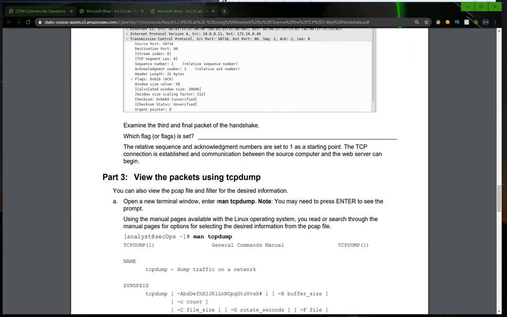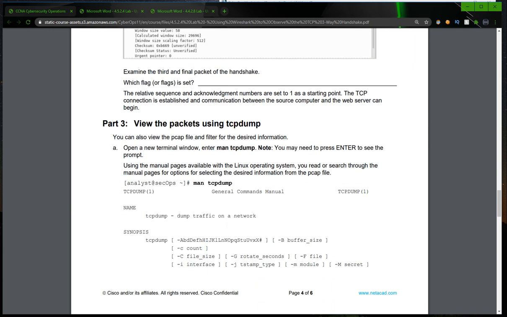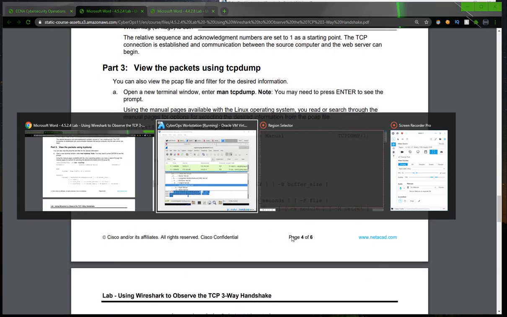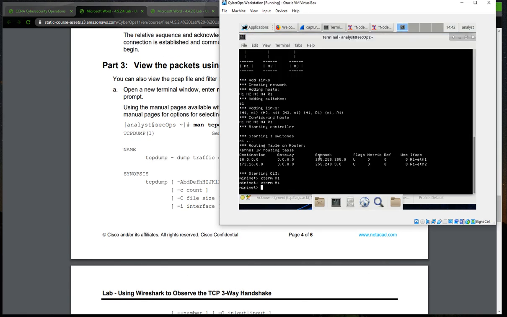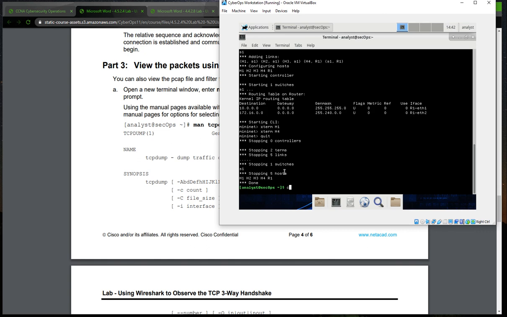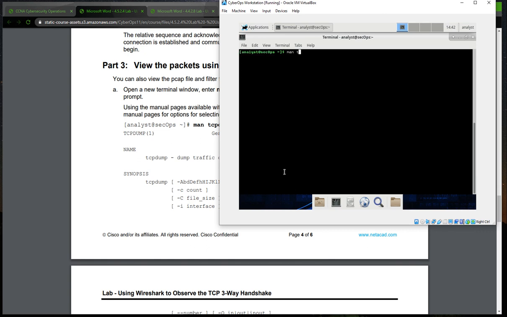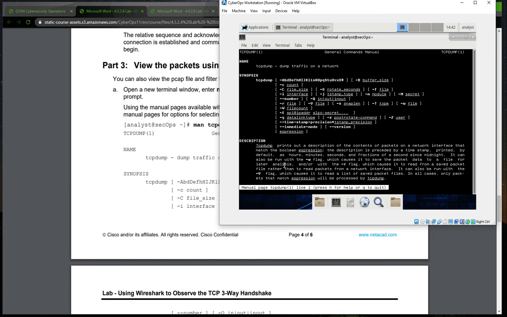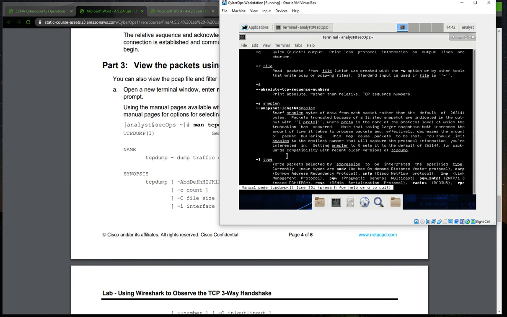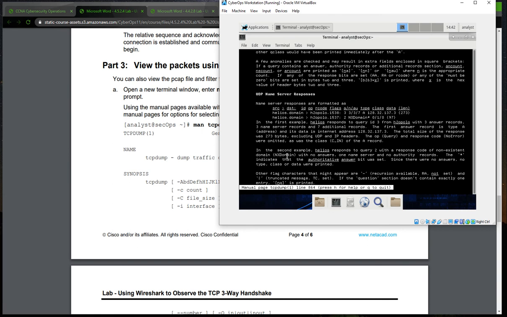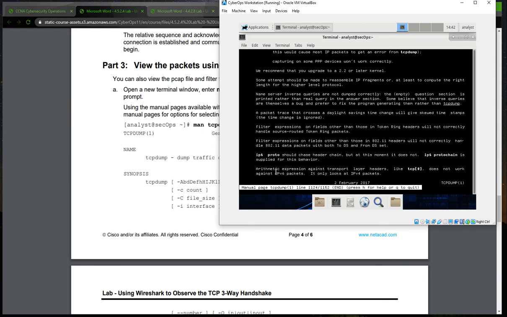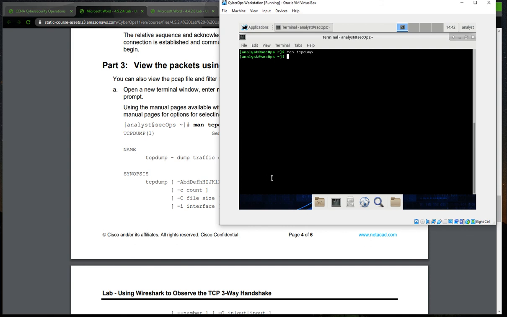So let's first quit and clear, then type man tcpdump, and when you press enter you can see the manual of tcpdump, where there are lots of commands and instructions. Press H for help and Q to quit, so quit it.